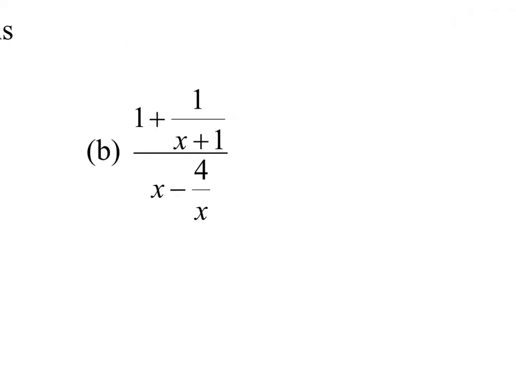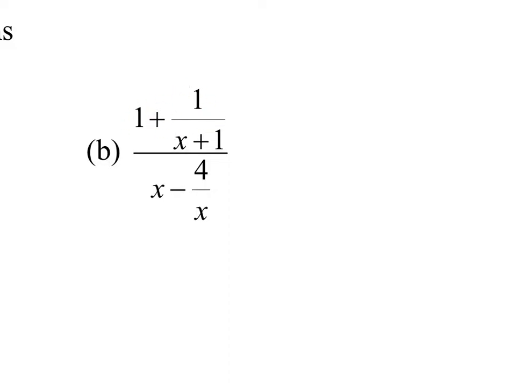Let's go on to B here. Two different strategies that I can teach you on this. This is called a complex rational expression, where you have fractions over fractions. Those are always a pain. So two different strategies. The first strategy would be look at just the numerator, the 1 plus 1 over x